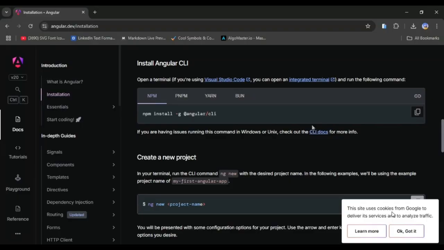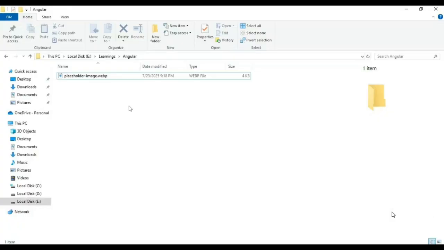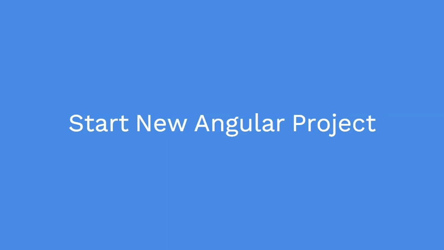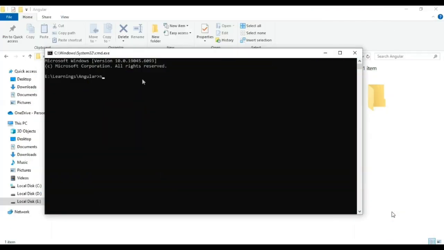So once this is done, you can create a new project in any of the folders. So I have already created one folder for this particular project. I will open command prompt here, and to create a new project we can type ng new and the application name, my-first-app. Okay,